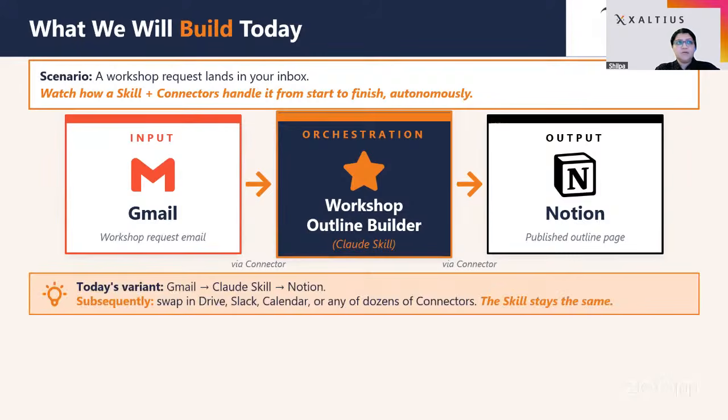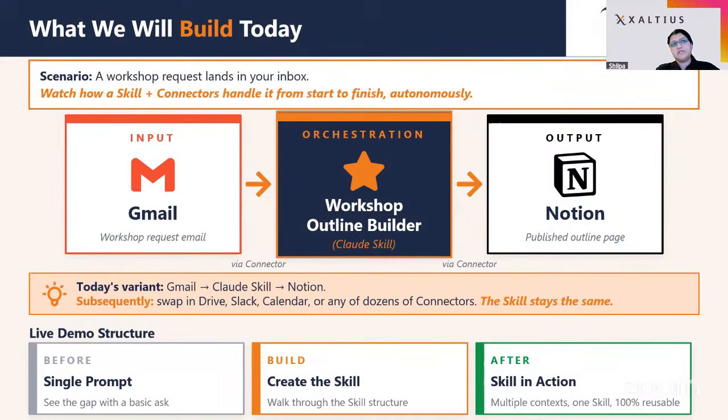Now, for the demo, you'll be seeing three broad segments sequentially. So first, I'm going to start with a chat interface with a very basic single prompt, manually writing down the requests that I got for a workshop creation. And then you're going to see the gap there. Then I'll pivot into making it more automated by creating a skill for that same work,